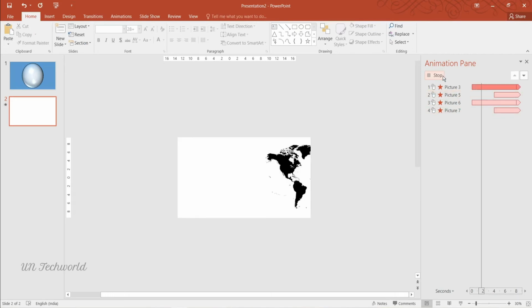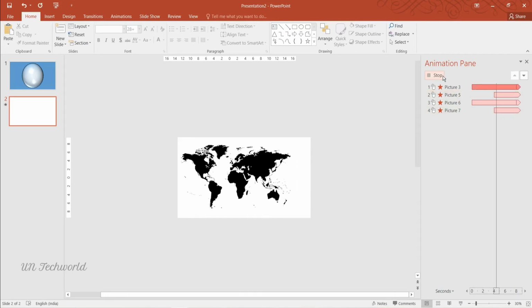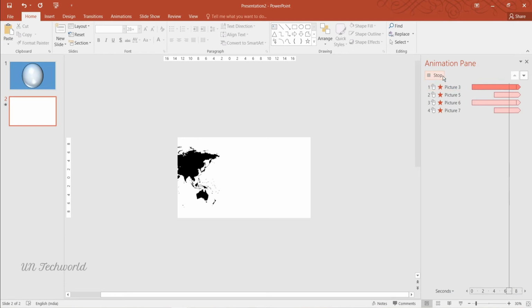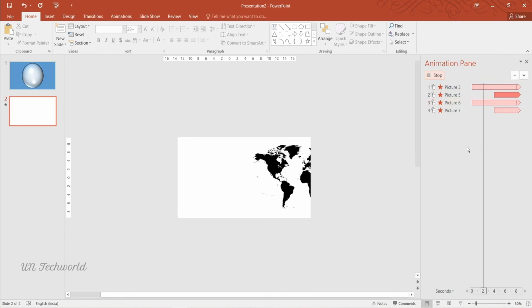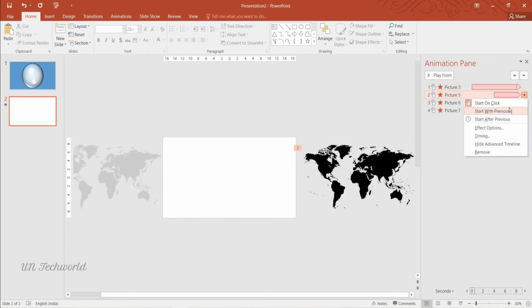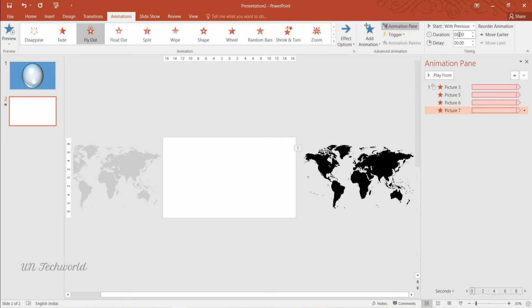Now we have almost completed this animation, so I am playing it. The first one is okay and the second one is okay. Here we need to change the timing to With Previous, and this one also With Previous, and this one also With Previous, and this one will start with a 4 second delay, and the fifth one also starts with a 4 second delay.